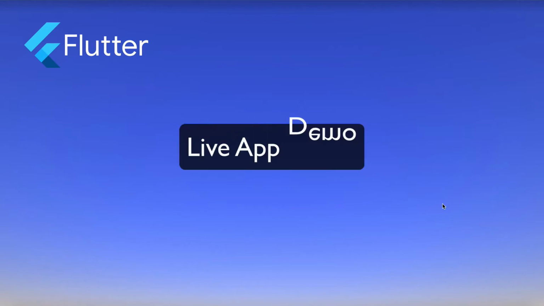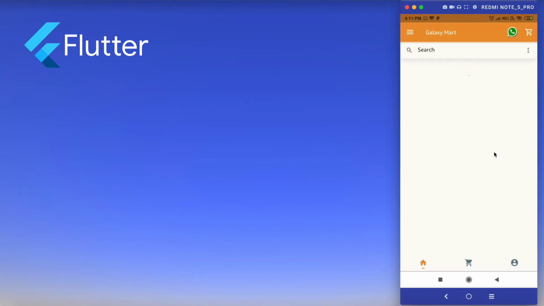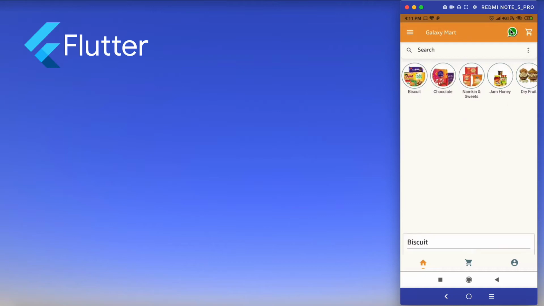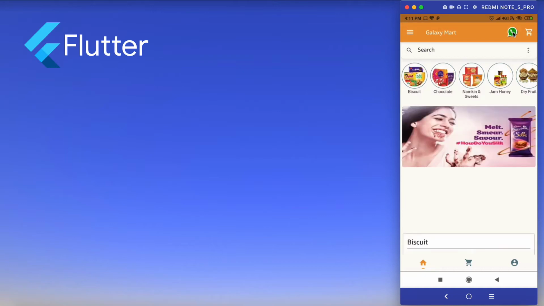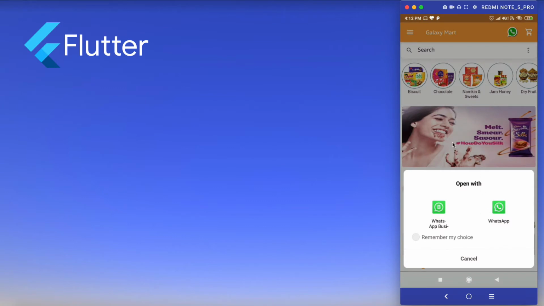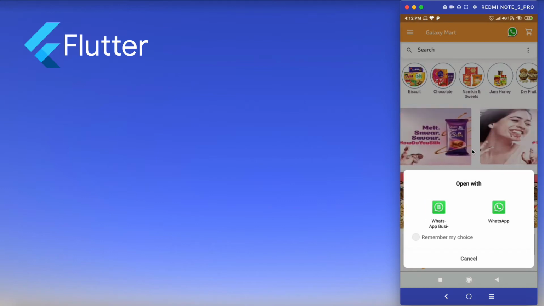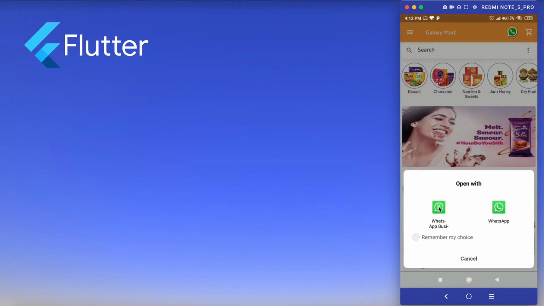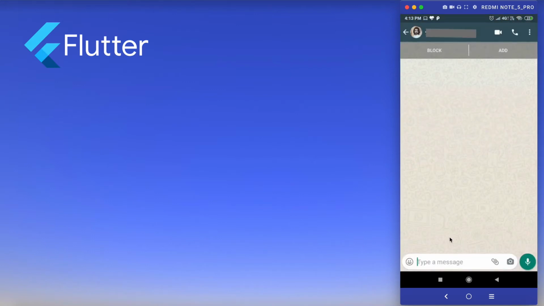Before we start, I am going to show you how it will look when you run your Flutter app. This is one app that I developed for one of my clients, and if you see, there is a WhatsApp icon available. If I click on that one, and one important thing is your phone should have WhatsApp installed, and if you are using an emulator, please try to run the code on a real device, then you can see the real effect. As you can see, it automatically opens a window, and I can write whatever message I want over there.